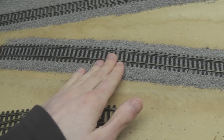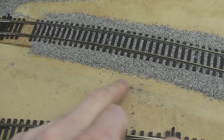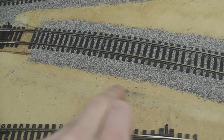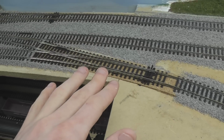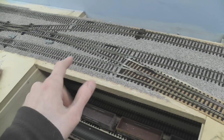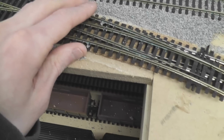Because I've had to move this bit of track over slightly, I had to dig the ballast up off here and move it over a bit. You can see in the lines here where it used to be, so that's moved over a bit, so this is a little bit more curvy. That's a little bit more gentle, and then obviously over there is straight, so when it comes down it all flows together much nicer. You can see a bit more clearly if I lay over the curved point